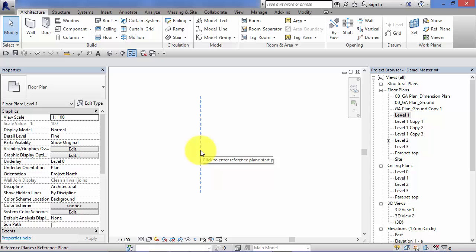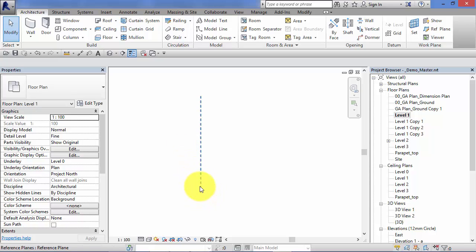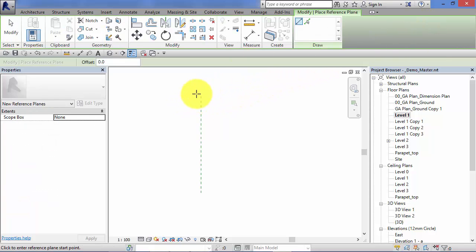If I just select the reference plane that we've created and we look in the properties palette, you'll notice that it's got very few properties or parameters that we can set. An important one here is name. By default it's blank, so if we were using reference planes to set out our building, i.e. as construction lines, we may just want to